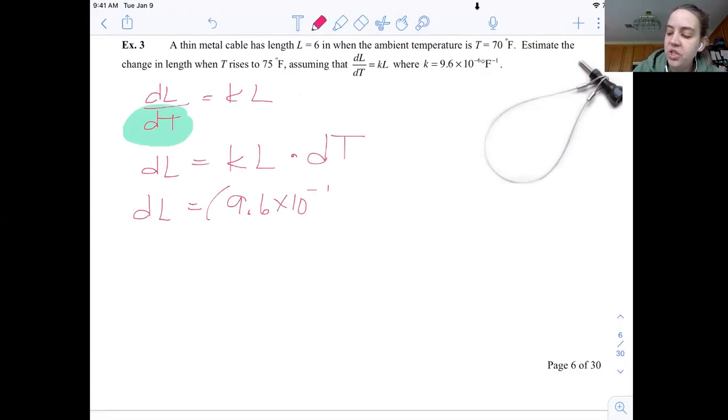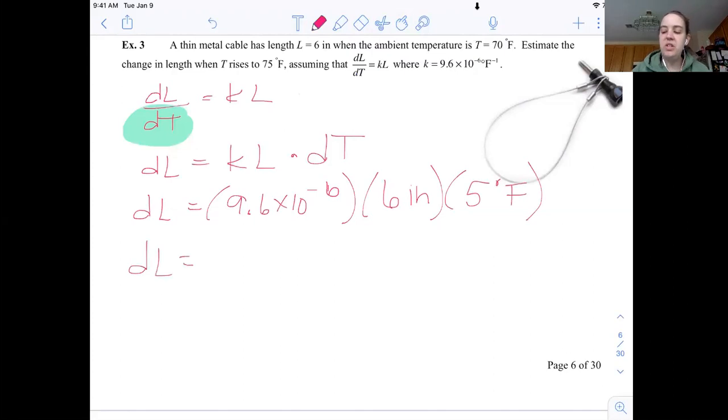Now that K would change depending on what kind of metal we had. That's the expansion constant. Length is how long it is initially? Well, it's 6 inches. And dt is the change in the temperature, not what the temperature is, but what's the change in the temperature. So that change is 75 minus 70, which is 5 degrees Fahrenheit. And then we'll use our calculator. So the change in the length